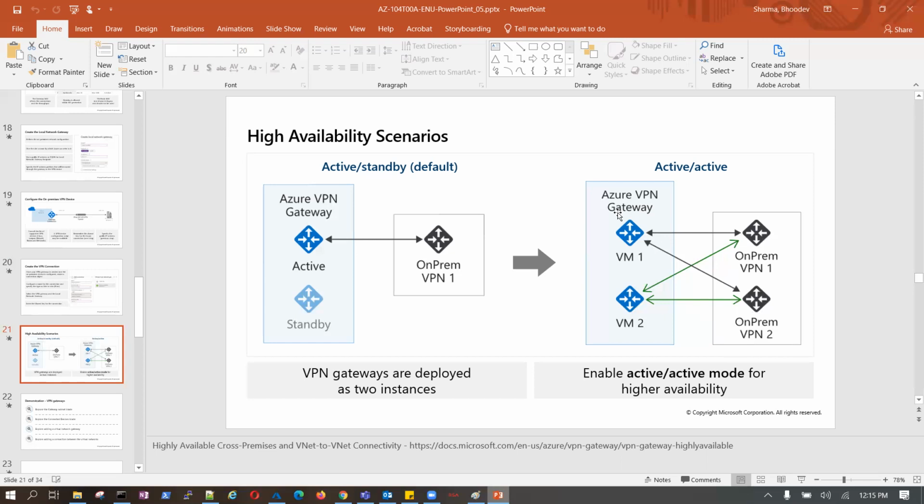Now using the Azure VPN gateway, we are working within the same VNet. Now there are two connections. If this device goes down, do you have any impact? Please let me know. Consider this is my ExpressRoute and the ExpressRoute connection is down. You have the VPN connection. Or if your VPN connection goes down, you have ExpressRoute.